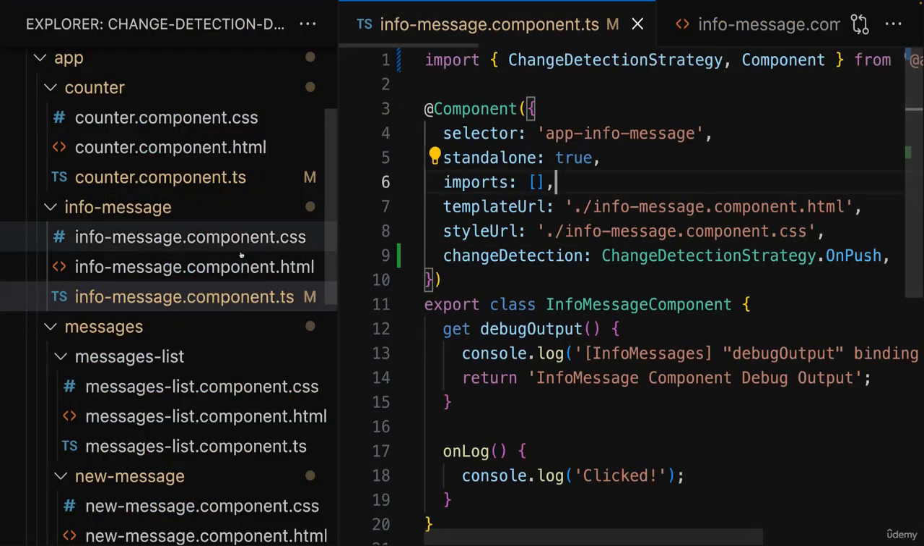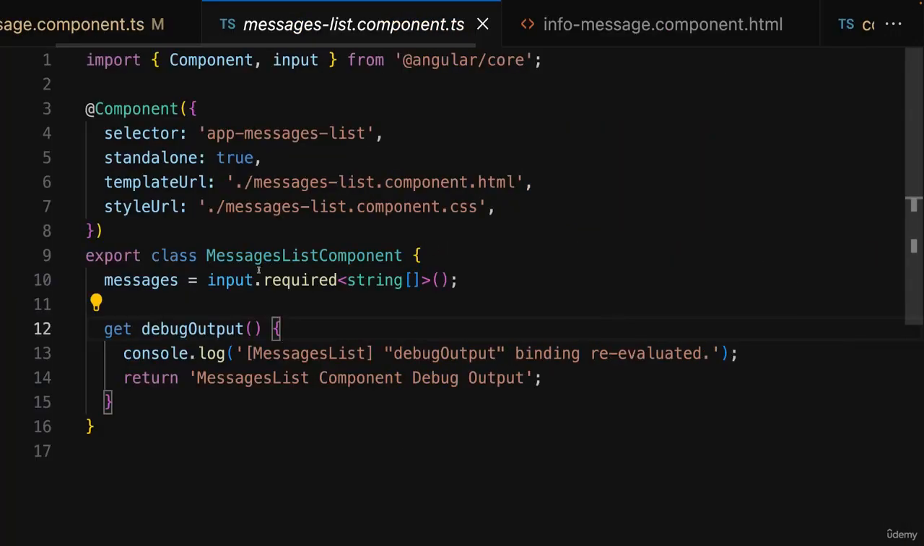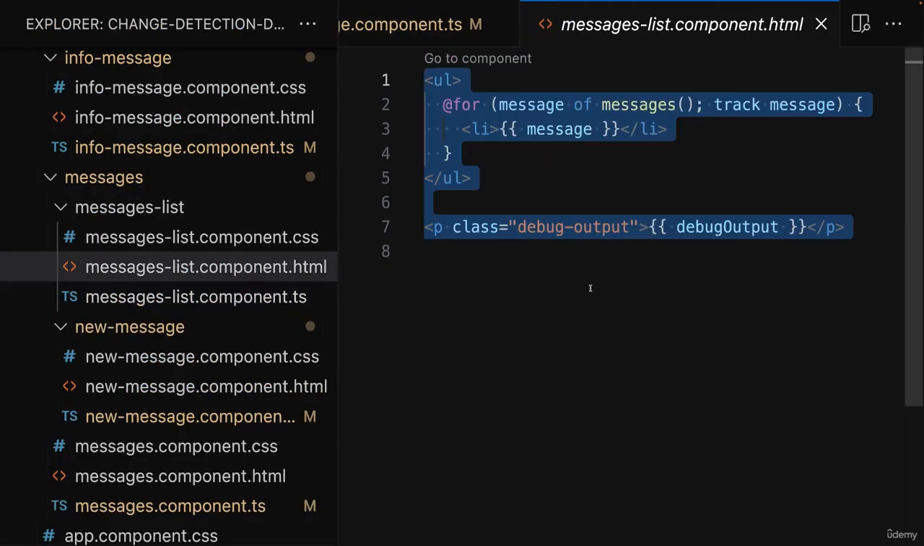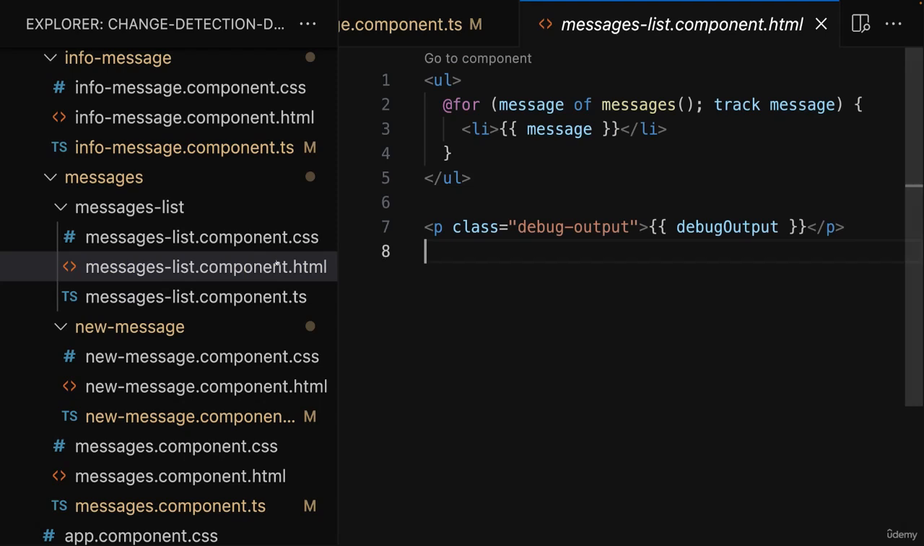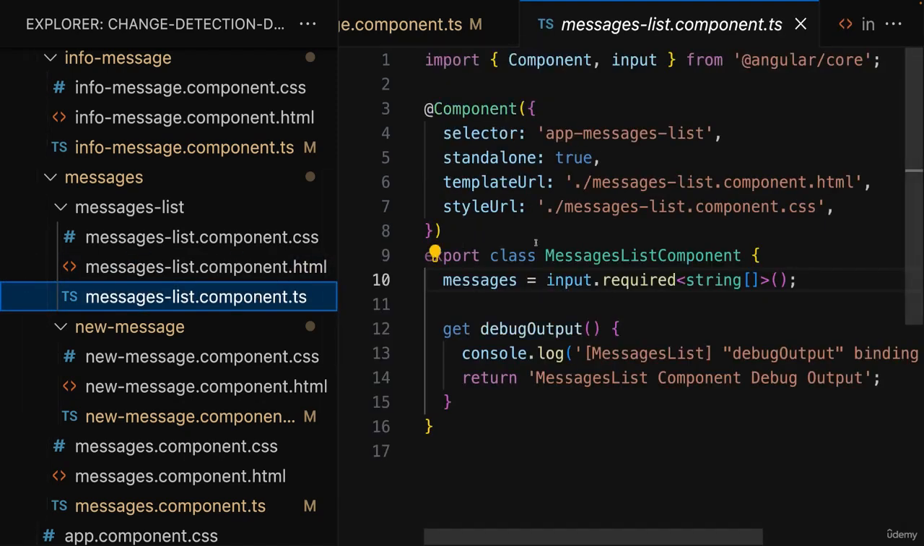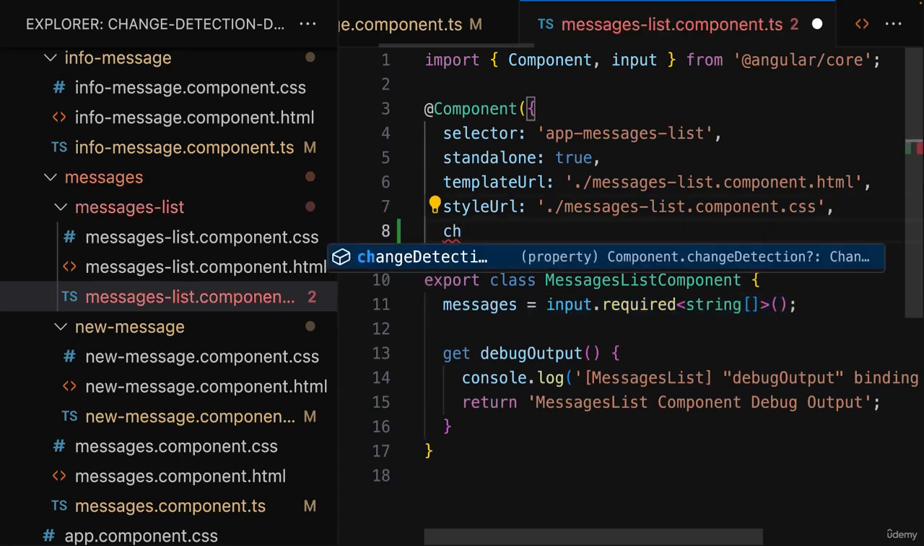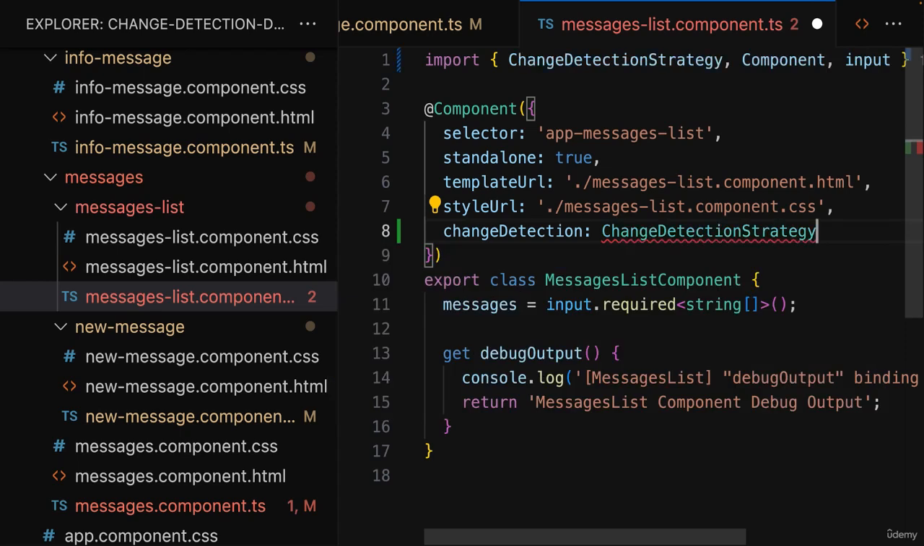And I'm still not done. I can also go to the messages list component where I now do have an input. So the idea here again would be that it should only be checked for changes if an event occurred anywhere in this component. And here I'm not listening to any events, so that shouldn't happen. Or if the input changed, or if change detection was triggered manually, which I'm also not doing. But the input, of course, can change. And therefore here we can also enable change detection and set this to change detection strategy on push in this